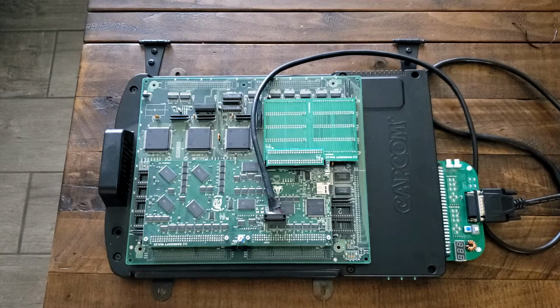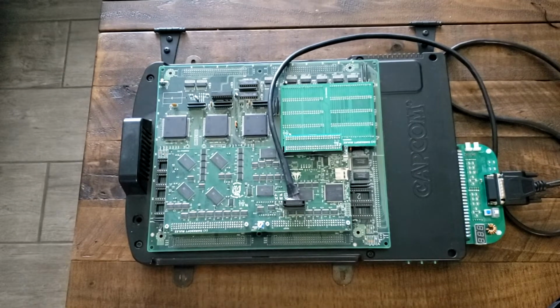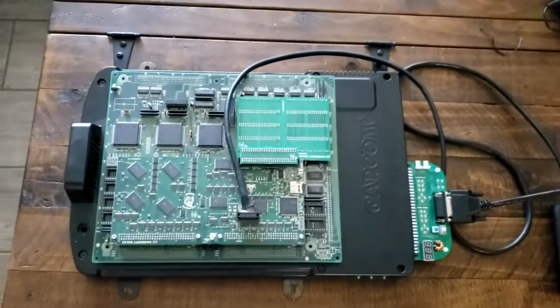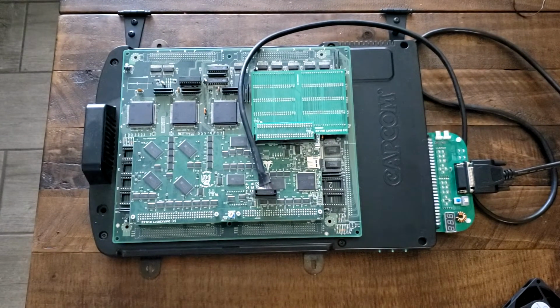Well, here we have my CPS2 setup. It's the Dark Soft Multi CPS2 unit. And of course, right here, you can see I got my super gun. Now, here's what's going to happen when I turn it on. You're going to hear a loud whizzing noise. Let me just adjust this camera. Now, if this is in your arcade cabinet, it might not bother you too much. Still, it's good to replace it,